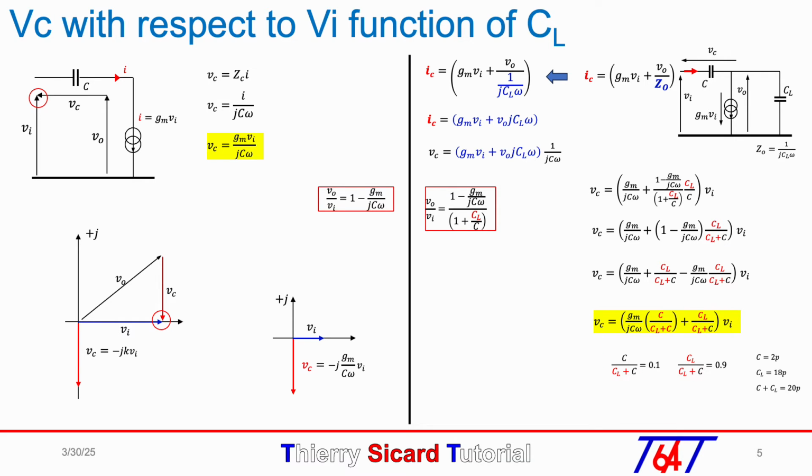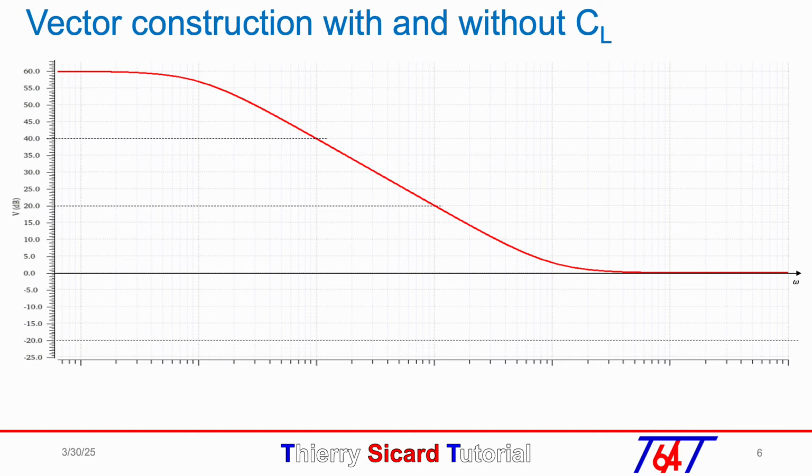Using the numerical application, we obtain the ratios 0.1 and 0.9, which allow us to plot the vector Vc with the constant resistive amplitude equal to 0.9 and the vertical vector as a function of Gm over C omega. The objective of this slide is to show the impact of the load capacitor on a common source amplifier by performing the vector construction for some typical angular frequencies in both cases, with and without load capacitance, blue and red